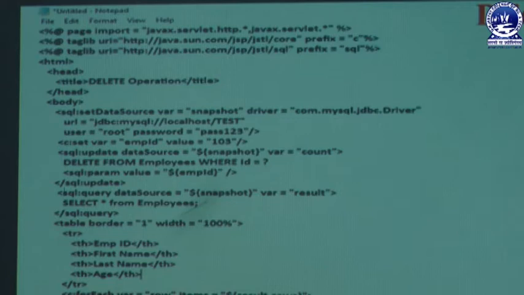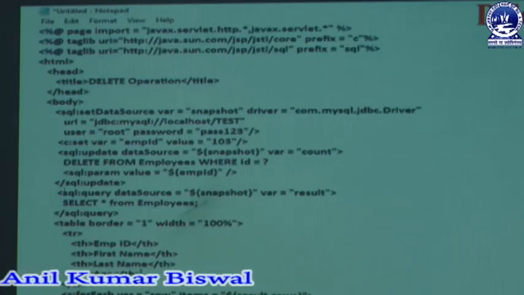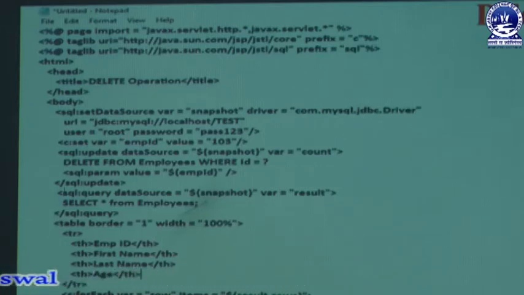This employee ID is the one set by c:set. In that tag we mention which record we want to delete from the employees table, and that variable must be set here, that is written as param. Param means parameter, which parameter value you want to delete from the data record.